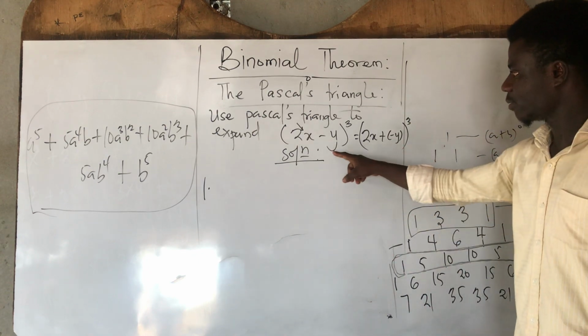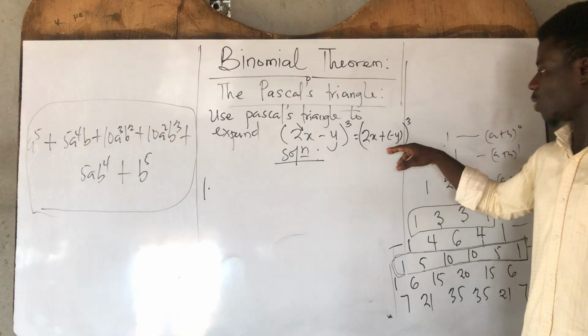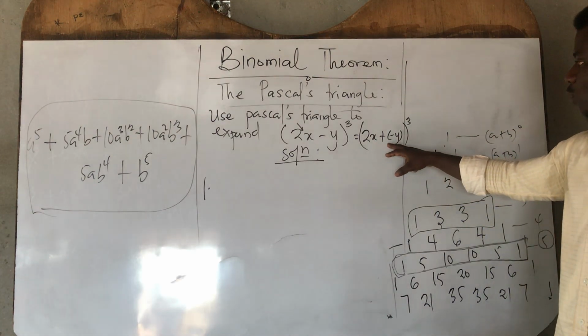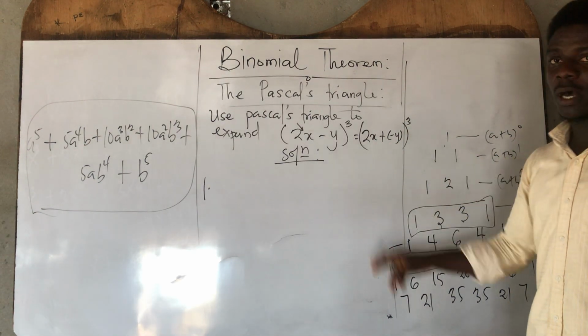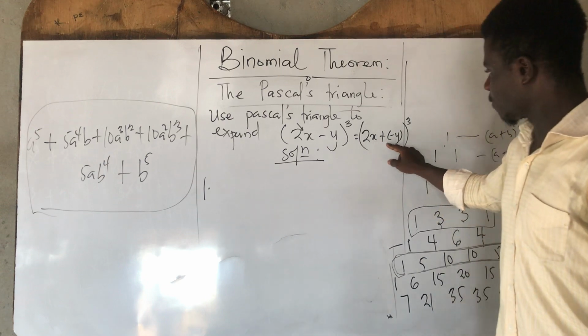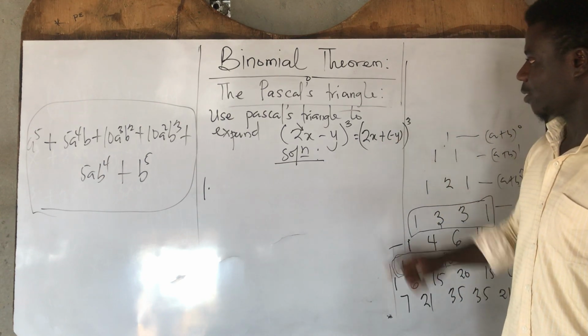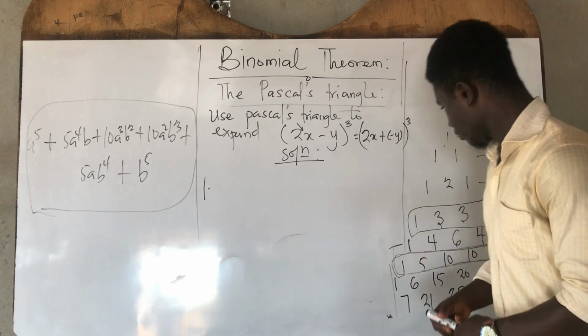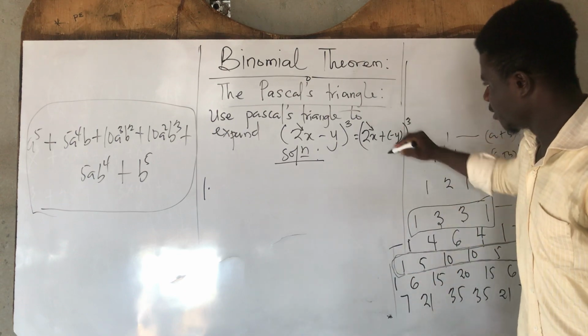You can write this one as 2x plus minus y all to the power 3. So let's go. 2x plus minus y all to the power 3. So now I said this one is decreasing, then this one